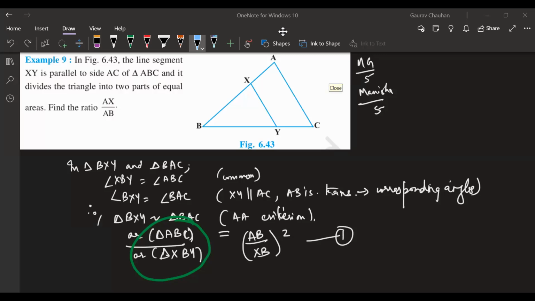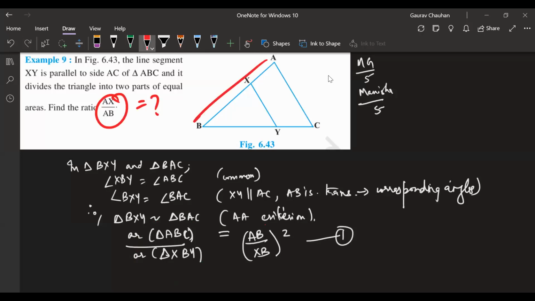Fantastic. Okay. Deepak, what I was asking is, see, my goal is to reach here, right? I want this to be equal to what? Somehow I think AB by XB will help me. Somehow I'll remove this and bring it to this by doing some calculations. But my left side needs to be a number. What will I do with this ratio? I can't do anything with this ratio, no? So I want to change this to a number.